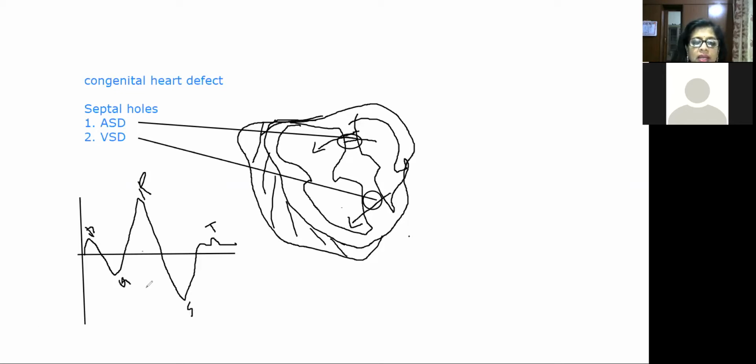Then normally in enlargement of heart, any heart problems, these will vary. That's a defective ECG. I hope you understood this. So let's now move back. What all I explained, I will just give you an explanation of this. Valvular stenosis we discussed yesterday.